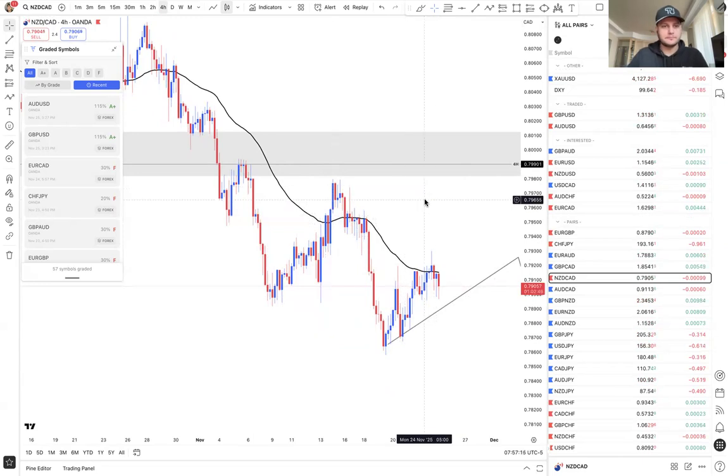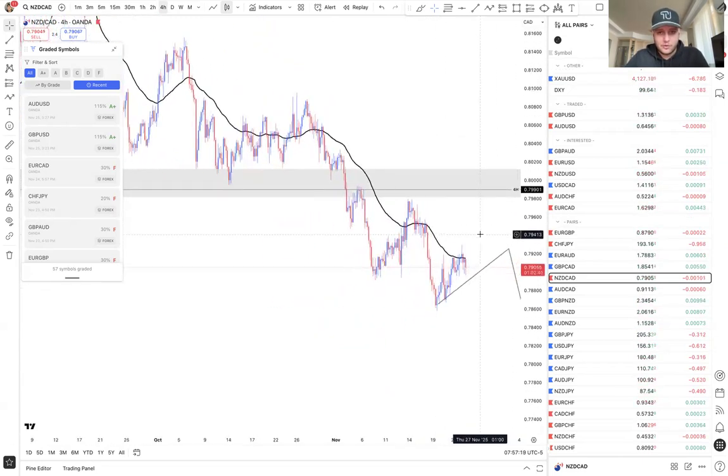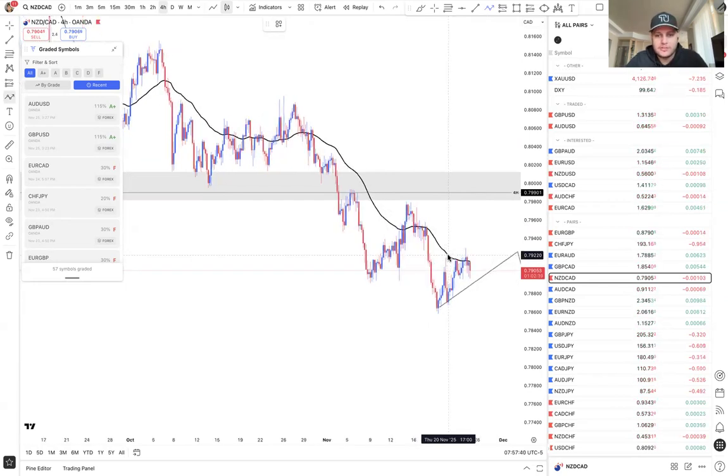Now, this pair is notorious for breaking above the 4-hour EMA. It looks like it's going to reject it, and then it sells or breaks above, retest buys, and then it sells. Same thing here. Looks like we're going to reject it. We break above, retest buy, break below, retest sell, break above, retest buy, break below, retest sell. So for this one, I would be cautious as well.